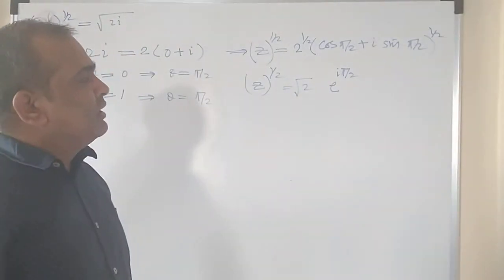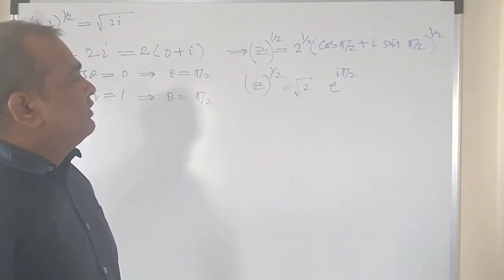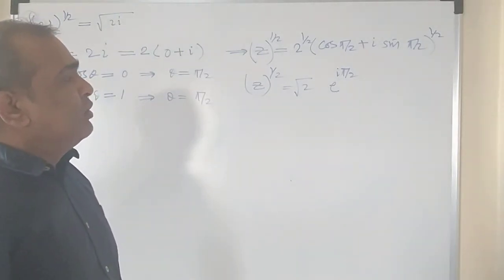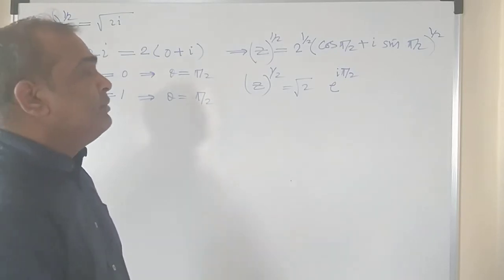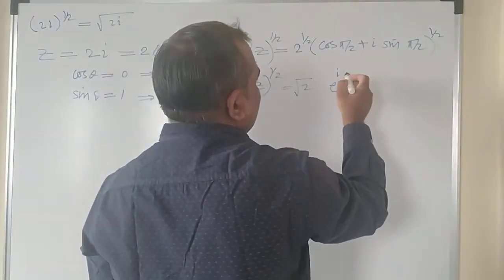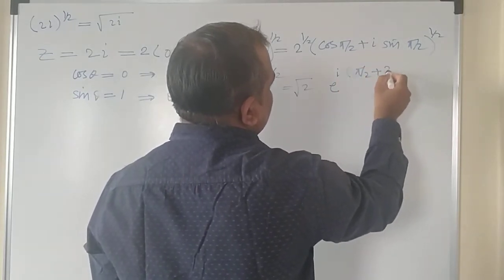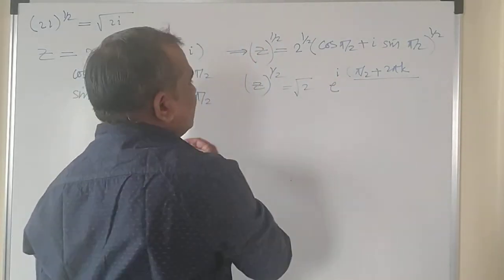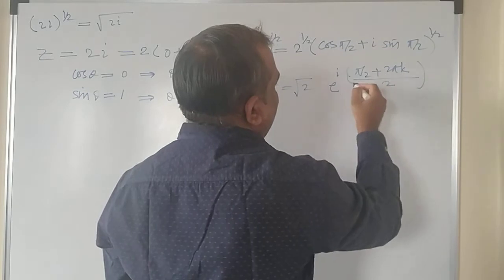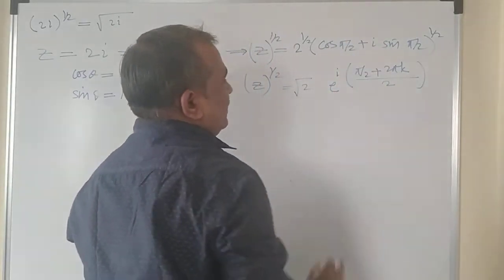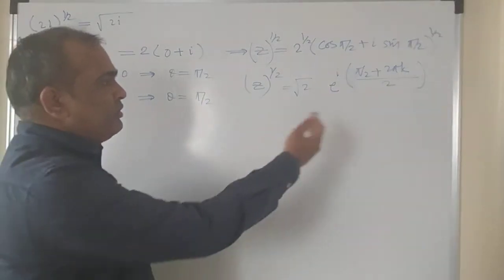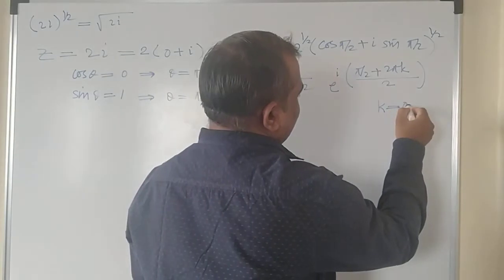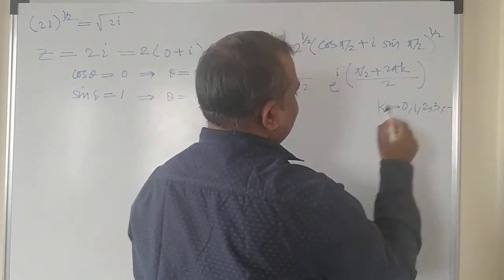But one more thing you need to consider while calculating the nth root of the given complex number. The exponential form is written as e raised to i times (theta plus 2 pi k) by n. Here n is the nth root, and here it is the half root, so this is half. Got it? This is the root. Now you can simplify this. And what are the values of k? The values of k are 0, 1, 2, 3, etc.